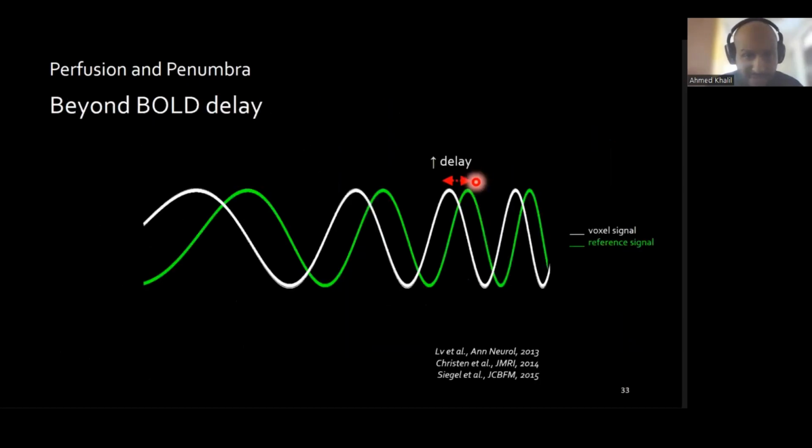I'm just gonna have to skip through this a little bit because I think I'm a bit short on time, but just so far we've been mostly talking about lags and this idea of bold delay,